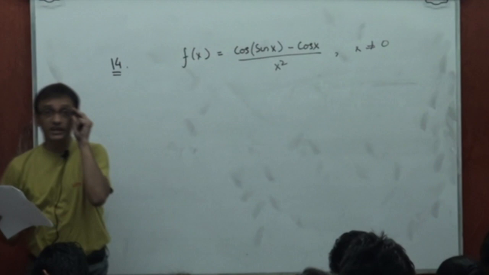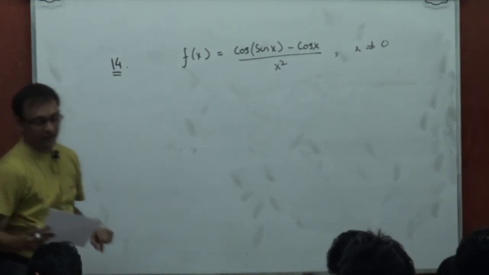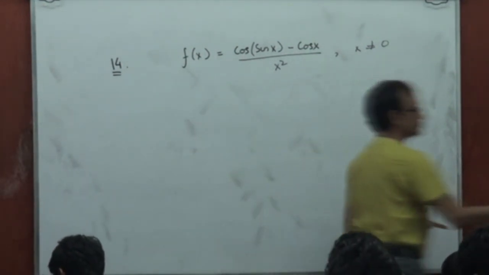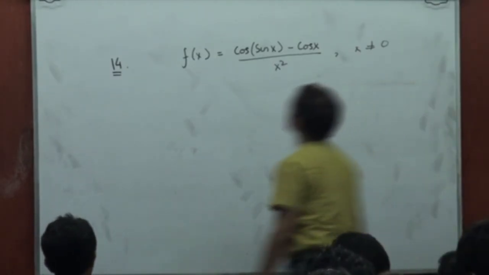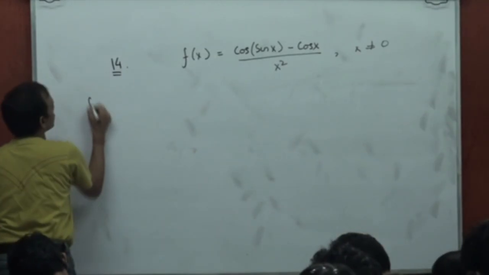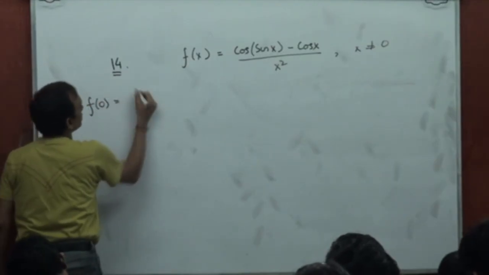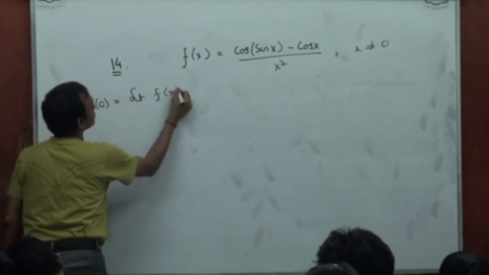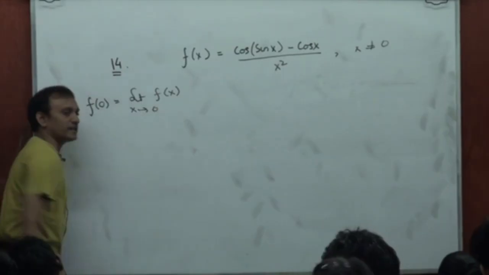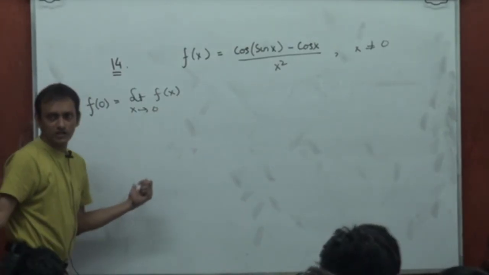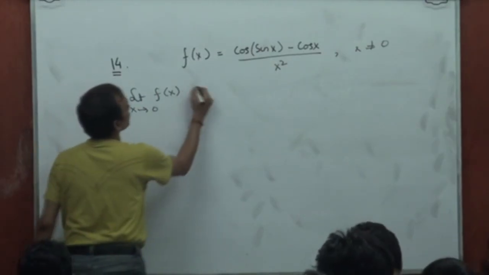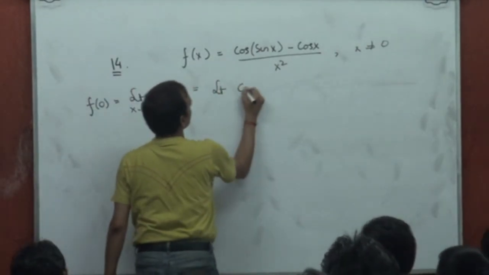If f(x) is continuous at x equal to 0, we want to find f(0). If f(x) is continuous at x equal to 0, then f(0) must be limit f(x) as x tends to 0. That's the definition of continuity at x equal to 0. So then this is like limit